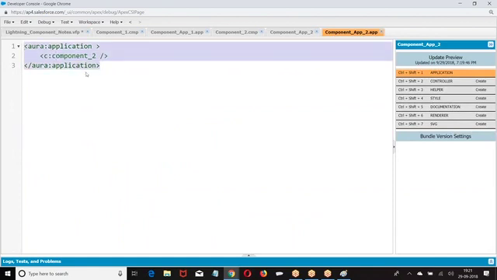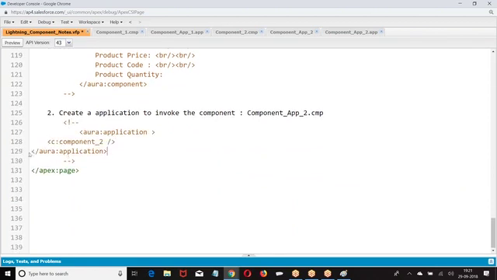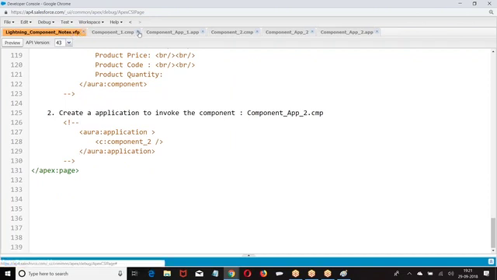We are building an application. So our next concept is invoking multiple components within an application. Quickly, we will see one more example to understand how to call multiple components.